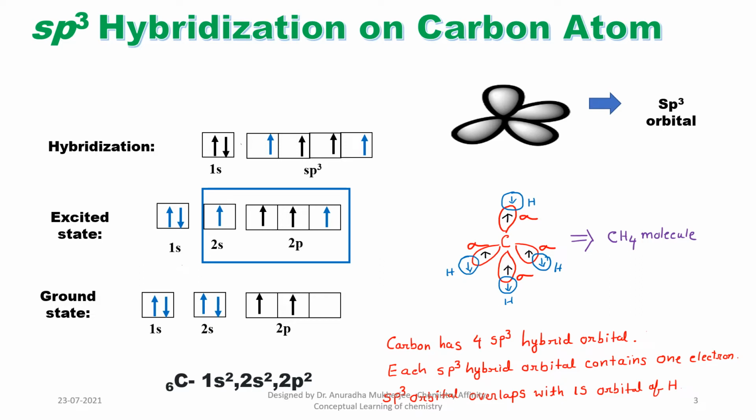This is a simple molecule. I have taken methane, so carbon has four hands. Usually we write it this way, and here we can write the hydrogens like that. So what is behind that? What is the science behind that? How does it form? This is the structure, and this is the science behind it: carbon is sp3 hybridized. Each sp3 orbital overlaps with the 1s orbital of hydrogen, and it forms four sigma bonds.